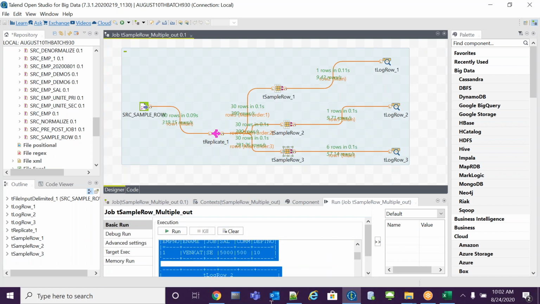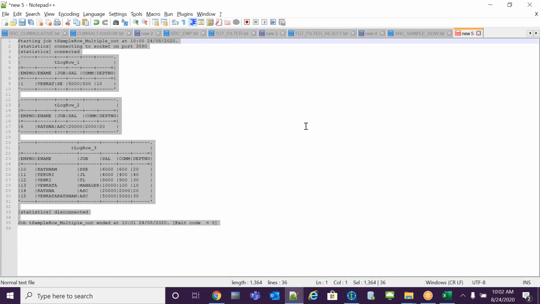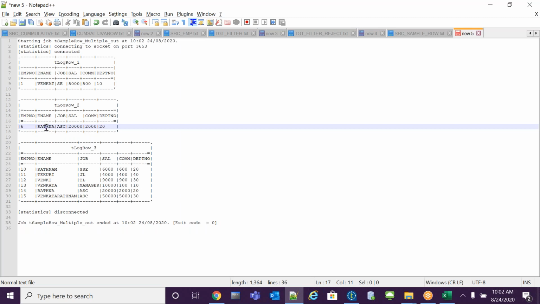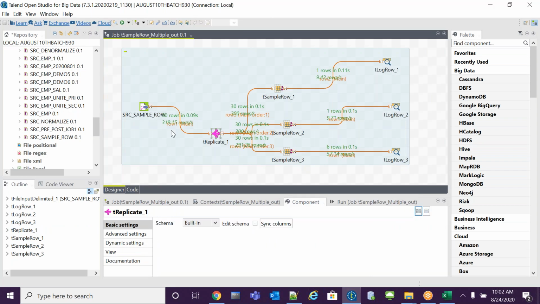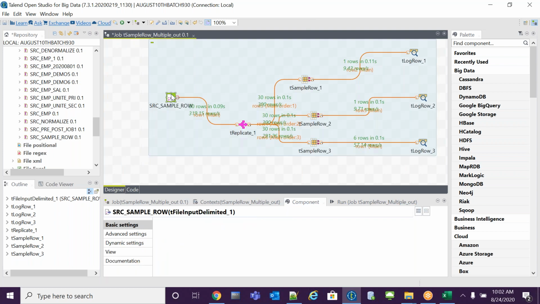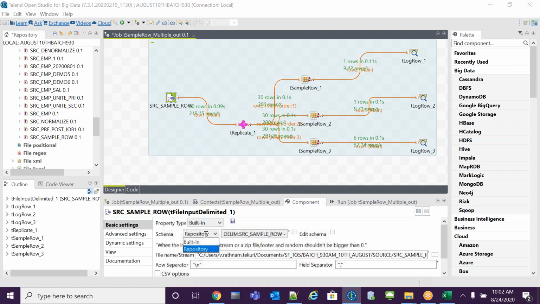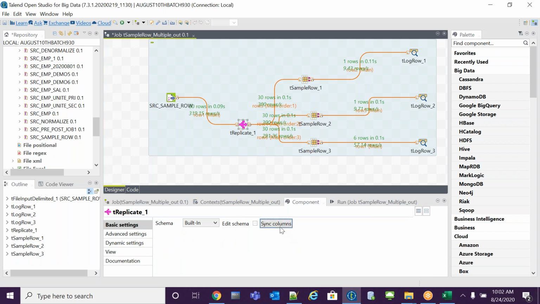Venkat says it is a comma instead of a dot. One second. Previously we had taken the tSampleRow, and it's picking that one here. Okay, this is the source tSampleRow. Go to the tReplicate and sync the columns.